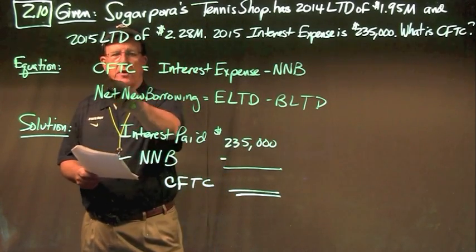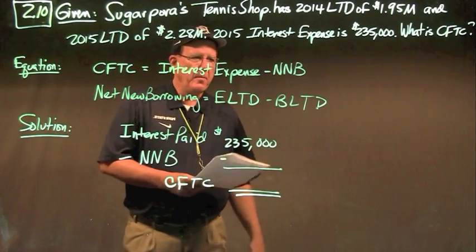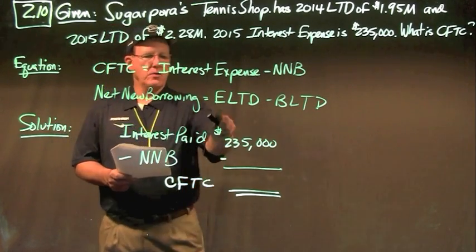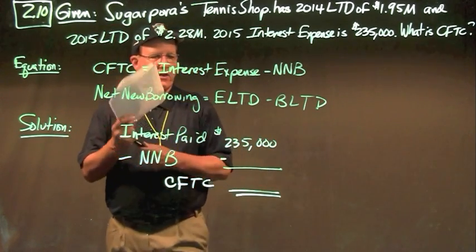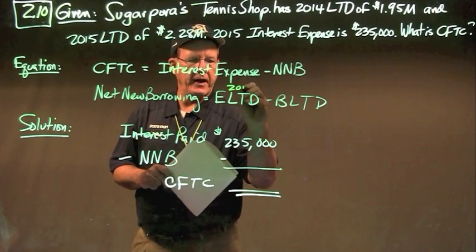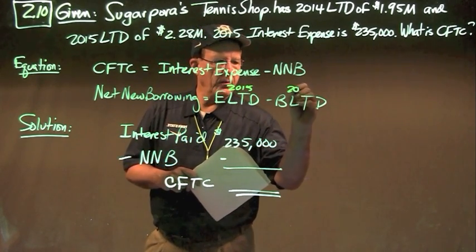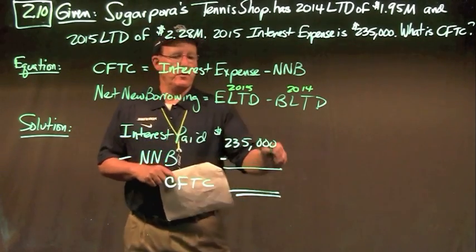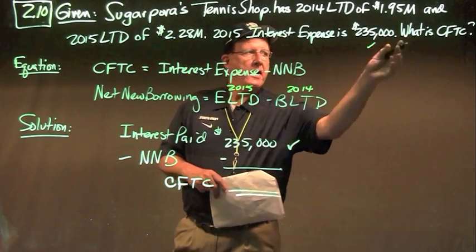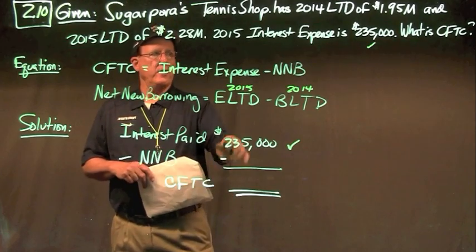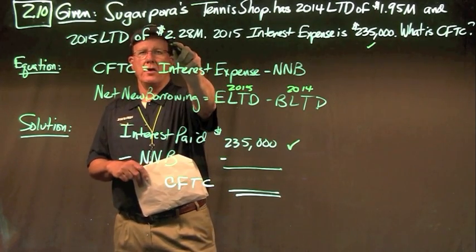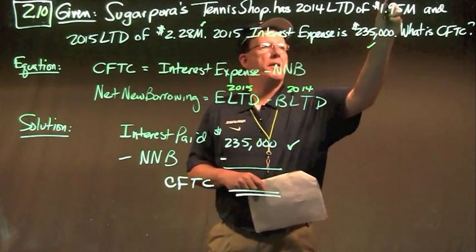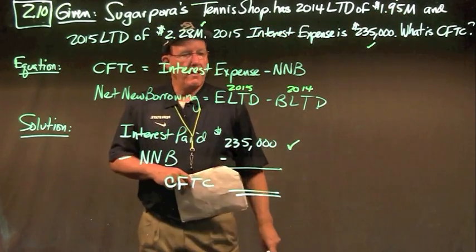Now we remember cash flow to creditors is interest expense paid minus net new borrowing. And net new borrowing is ending long-term debt minus beginning long-term debt. Again, ending long-term debt is 2015, and beginning long-term debt is 2014. So, very simple problem. Interest paid is $235,000 given. And then net new borrowing is my ending long-term debt of 2.28 million here, minus my beginning long-term debt of